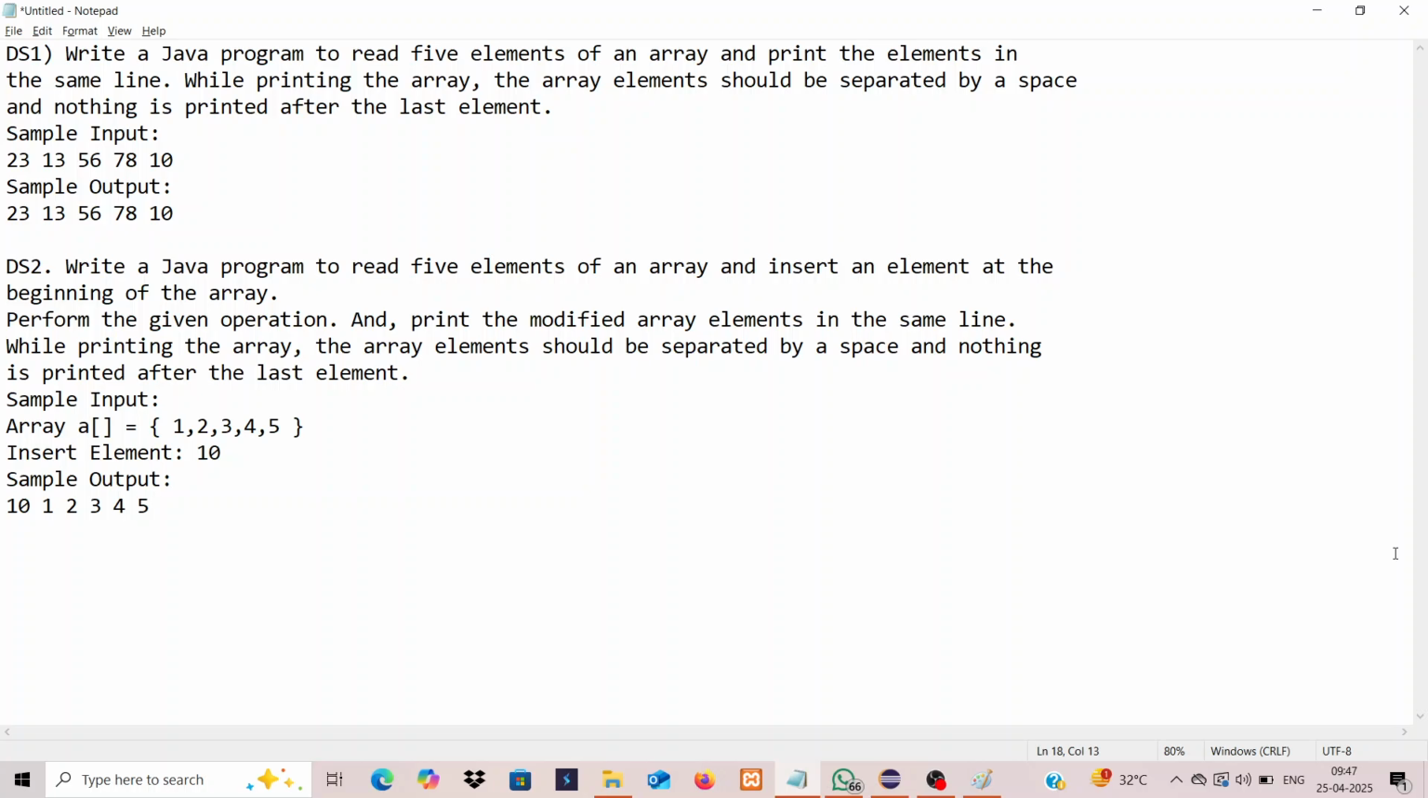In this session, we are going to see how to insert an element at the beginning of an array. So previously, we have seen how to read 5 elements for an array with the help of scanner class and how we can print the expected output. So in today's session, we will see how we can insert an element at the beginning of an